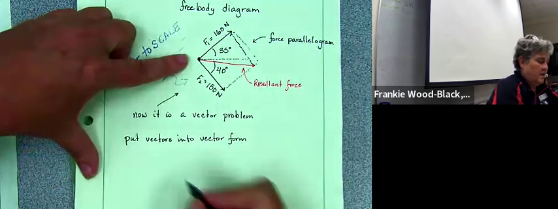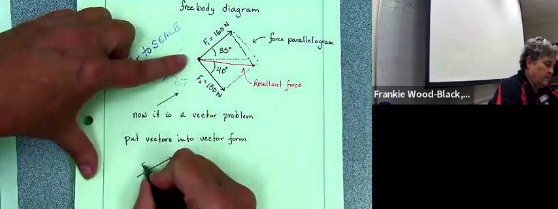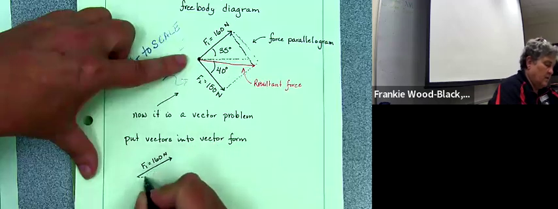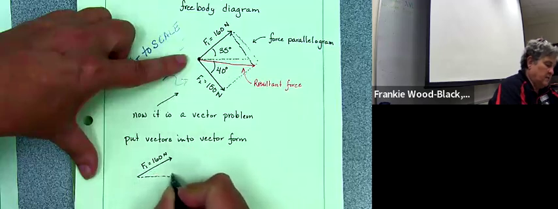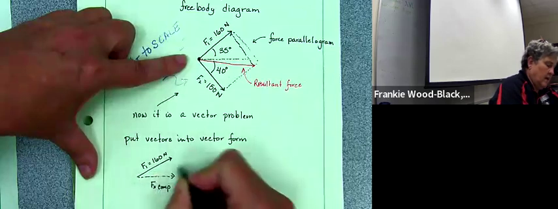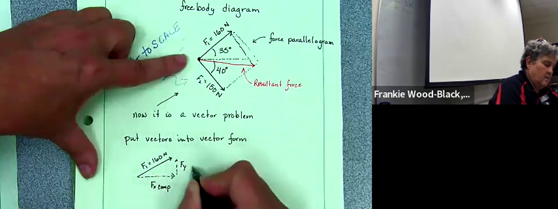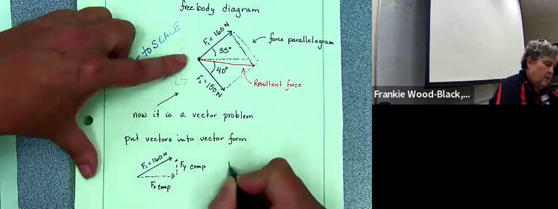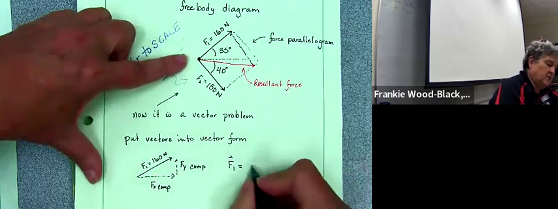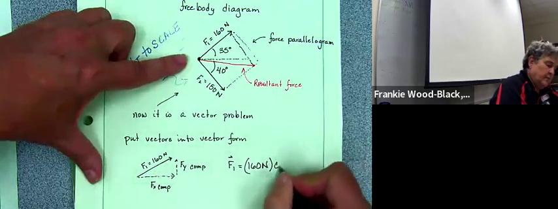All right. So my first vector, force 1, is equal to 160 newtons. We have its x component, and we have its y component. And we can write our force 1 vector in its vector notation as 160 newtons cosine 35 degrees